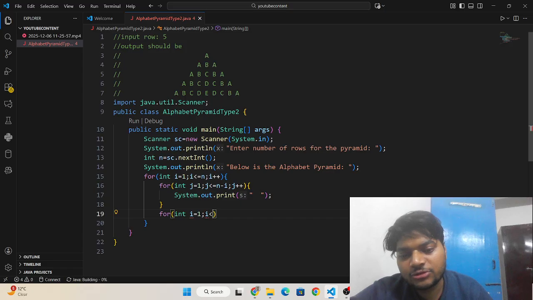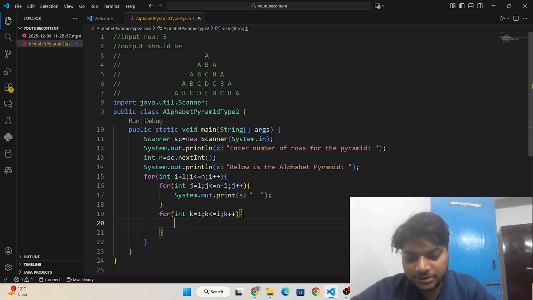Not i, we need to use another variable because I have already used it: k equals 1, k less than or equal to i, and then k plus plus.